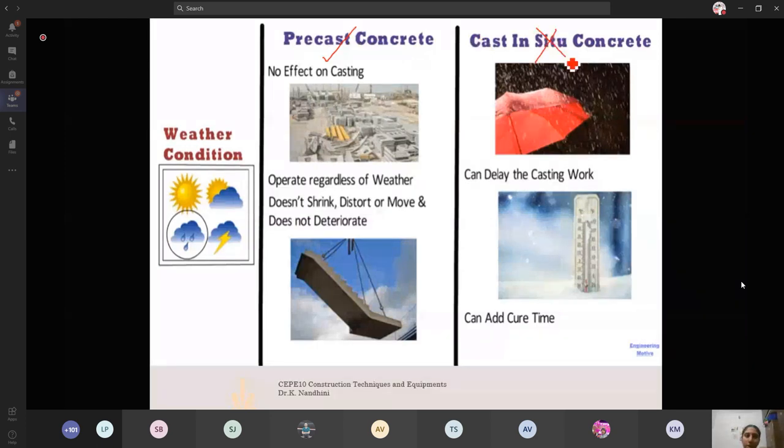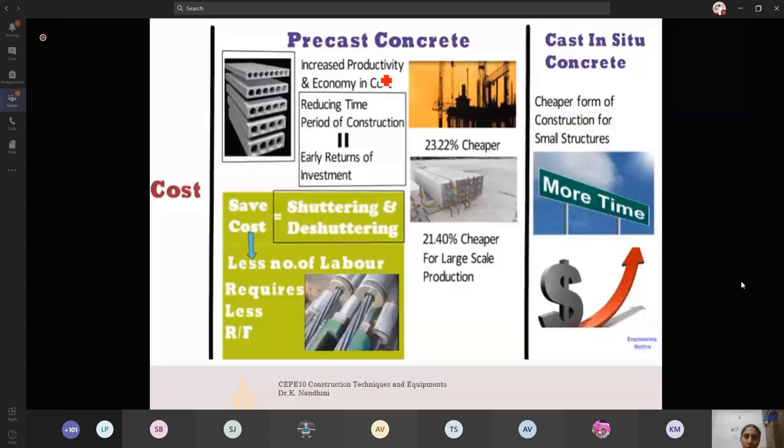In precast concrete, there is increased productivity and economy of cost, and it is quite cheaper because you use the same size of formwork for preparing all your walls. Everything is going to be steel. The initial investment is huge because in conventional concrete you go for either wooden plywoods or battens, or steel sheets.